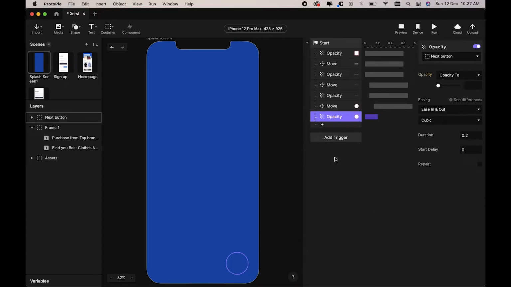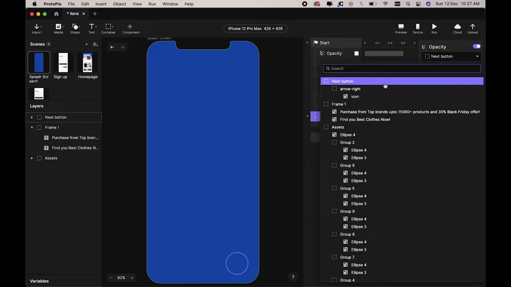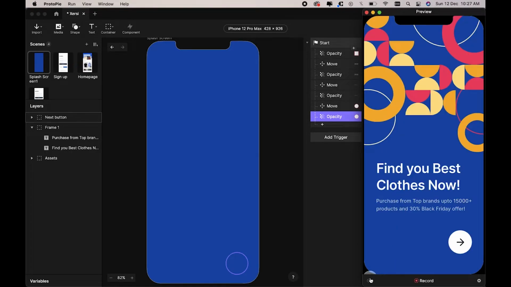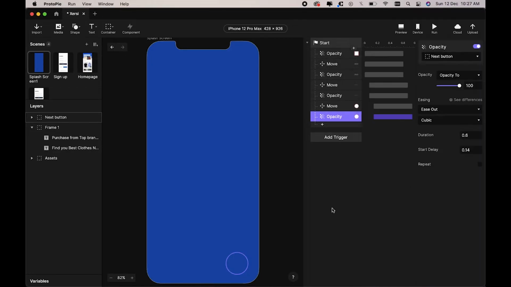the opacity for the next button to 200. Change the easing, change the duration, and change the delay. Sorry. Yeah, now if you may see, it looks pretty good, right? It's working good now. So let's go and move on to the animation where we